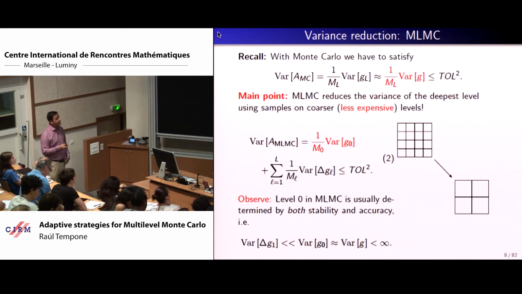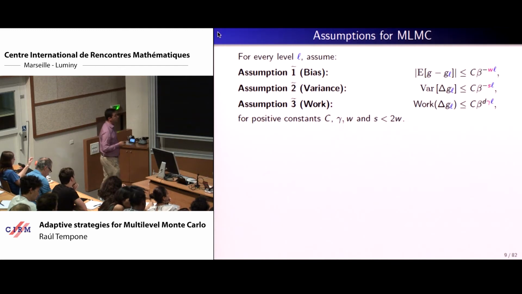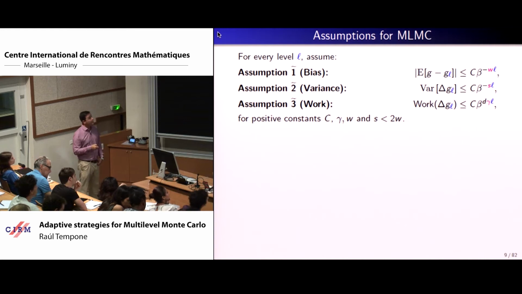Okay, so a cartoon type of approximation, essentially, we are moving samples from deep refined levels that are costly into levels that are cheaper and less refined. If you want to go beyond that intuition, you need some assumptions, and these assumptions may or may not hold in your problem. You have to verify that they are satisfied, and sometimes you may have precisely this kind of convergence and some other type, depending on what problem you have.